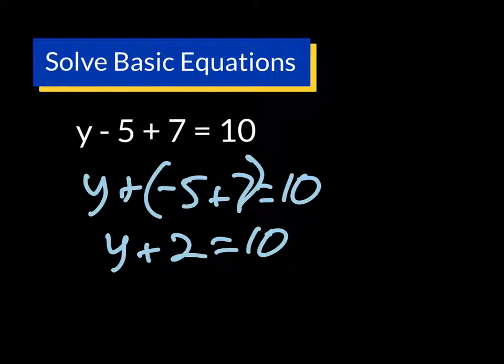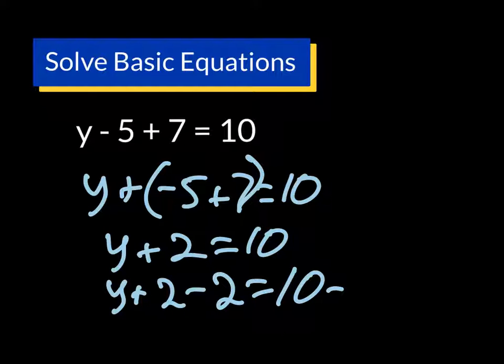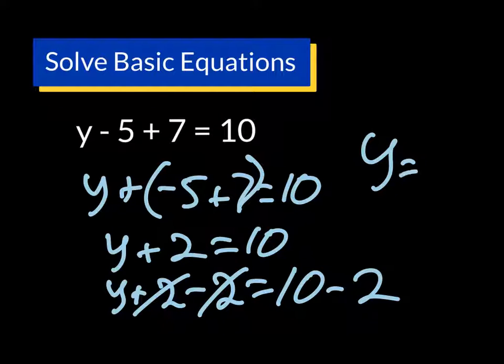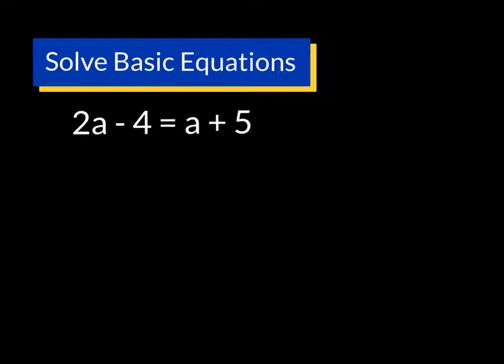Now I can use the basic principles of equations to isolate the variable. So we'll undo y plus 2 by subtracting 2, and then we have to do the same thing on the other side. So plus 2 and minus 2 cancel out. y equals 8. Our next example, 2a minus 4 equals a plus 5, is a little more complicated because there